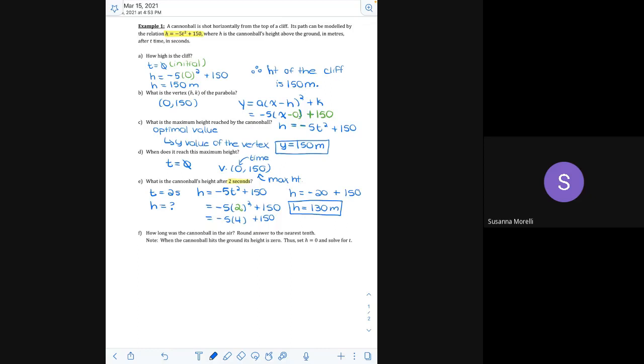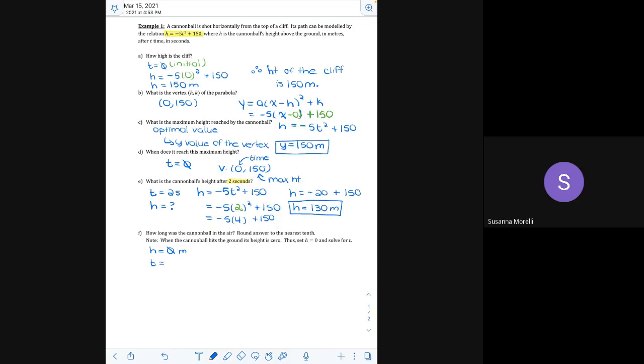How long was the cannonball in the air? Round your answer to the nearest tenth. Okay, so here they give us a little bit of a hint. It says when the cannonball hits the ground, its height is 0, right? So remember the cannonball is being shot off of a cliff, 150 meters above the ground. And then its path is coming down and it's eventually going to hit the ground. Okay, so when h is 0,